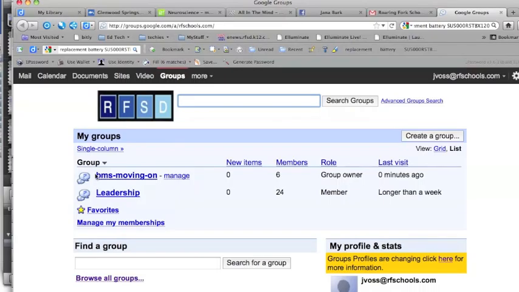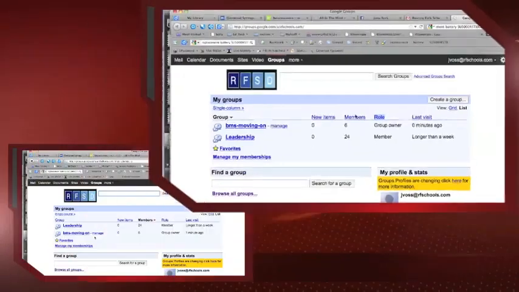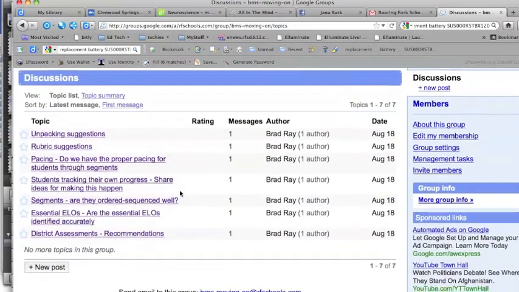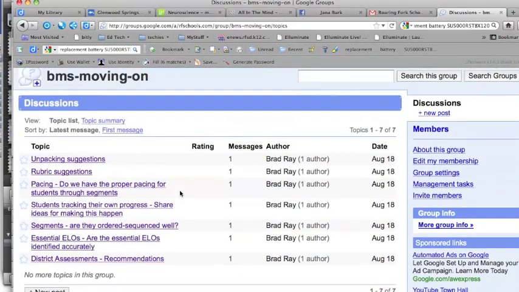I'm logged in as Jeremy Voss here for illustration's sake, to show you how yours will probably look. He has BMS Moving On showing, and he has management functions there. He also has leadership. When I click on BMS Moving On, I see the 7 topics that I have already